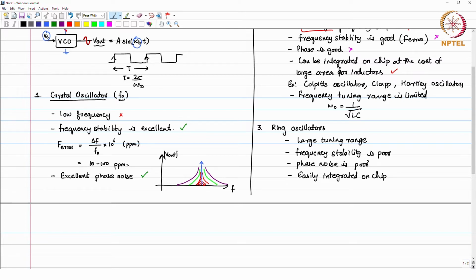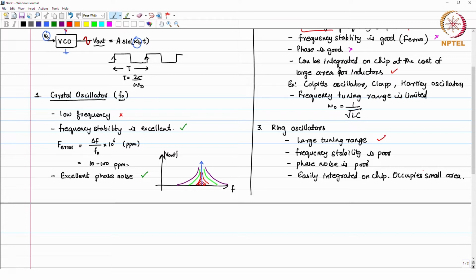Integration on chip is not at all a problem. They occupy a very small area, easily integrated on chip. So, if you want multiple ring oscillators on chip, you can easily integrate them. Okay. So, if we think about it,